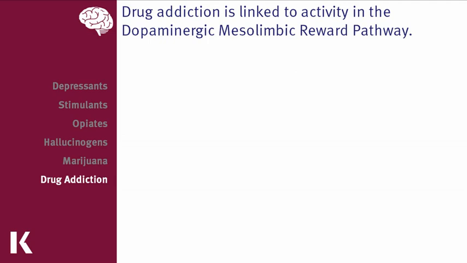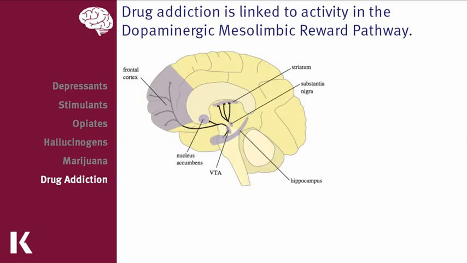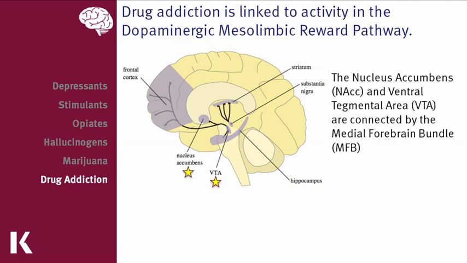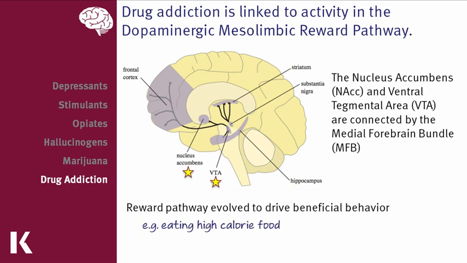Now that we've gone over some major recreational drugs, let's shift our focus to drug addiction. Drug addiction is linked to the mesolimbic reward pathway in the brain involving the nucleus accumbens and ventral tegmental areas and the medial forebrain bundle. This pathway is involved in motivation and emotional responses, which acts as a positive reinforcement of substance abuse. This positive reinforcement results in dependence and addiction. This pathway is responsible for rewarding behaviors that have a survival benefit, such as consuming high-calorie foods. Drugs of abuse hijack this path since they trigger it but don't actually provide any survival benefit.